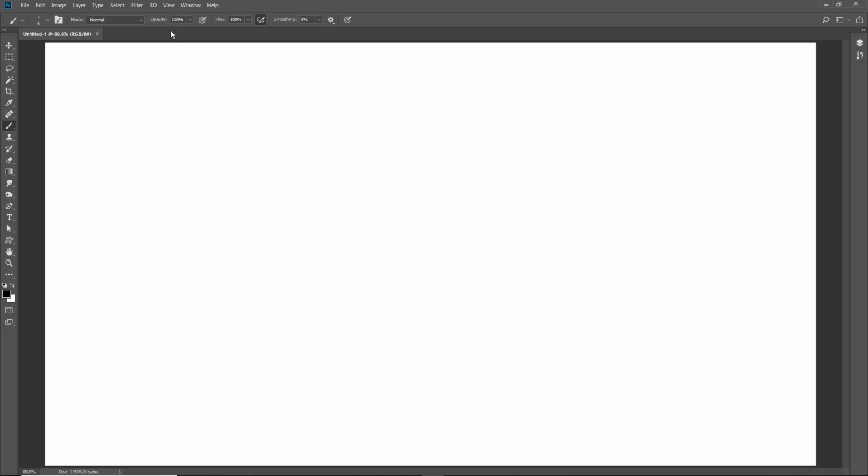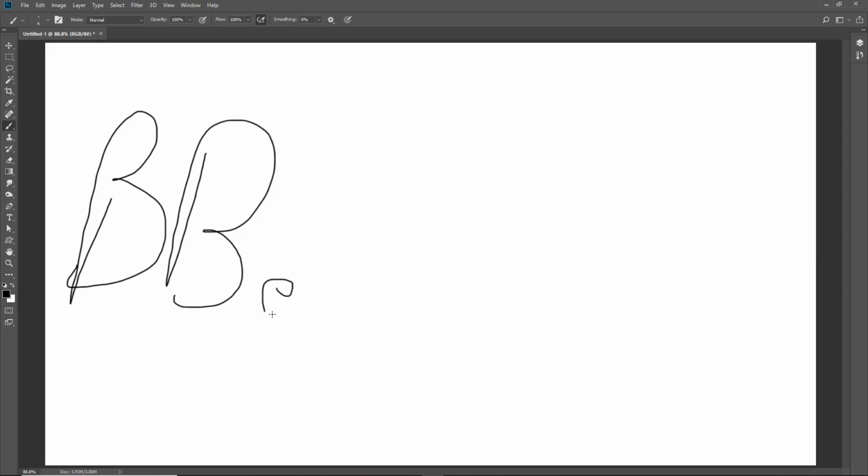And from the options at the top of the screen, I'm going to be painting or drawing with the opacity set to 100% and also the flow set to 100%. And what I'm going to do to start with is to sign my name with a standard mouse. Now, my cursor's over the left hand side of the page, about halfway up. I'm going to try to do this as best as I can. I'm going to sign my name,